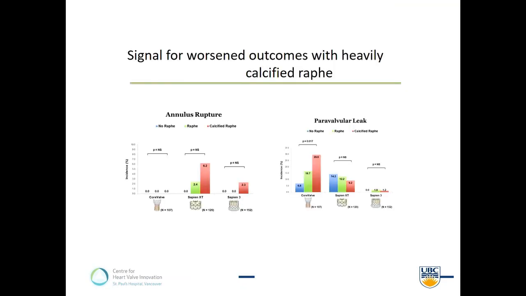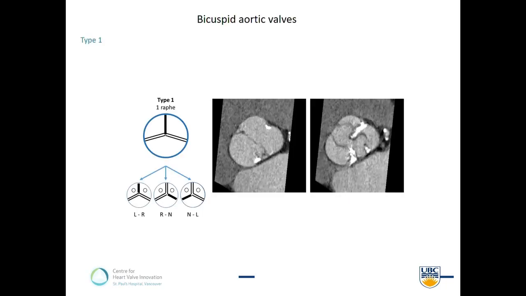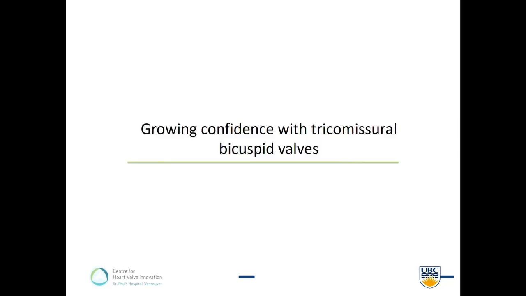So what do we know? We know that patients with Sievers type 1, heavily calcified raphe, are poor candidates for TAVR. They experience more leak, they experience annular rupture depending on the device. This is an example from the intermediate risk trial before they instituted core lab support. The patient was diagnosed at the site with a type 1 heavily calcified bicuspid. They decided to ignore it and underwent TAVR, and they perforated the sinus of Valsalva. This is hostile root anatomy, as we heard from Dr. Waxman earlier.